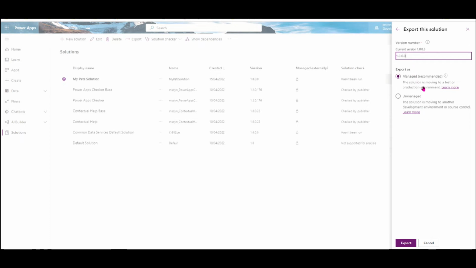And there are two types of exporting. One is managed and one is unmanaged. So when you are migrating from a development environment to either a test or a production environment, you want to go managed, and what that does is lock down the code so it cannot be changed. If you're migrating this to another environment where you want to do further development, you would choose unmanaged, or perhaps you just want to take a backup of the open source code to use another time. You might want to choose unmanaged. So again, I'm going to use managed because I'm just moving it to a production environment here, and I'll hit